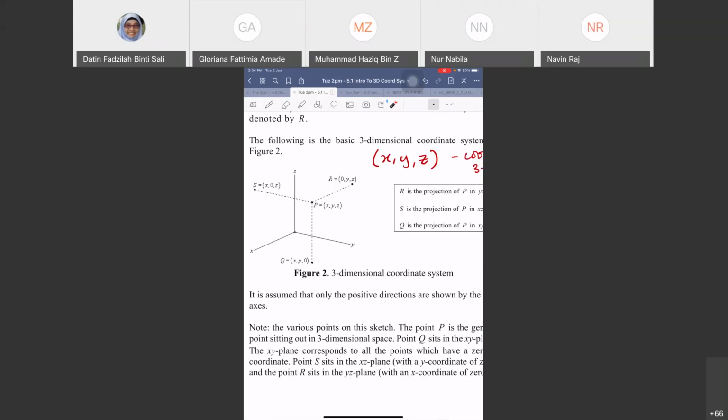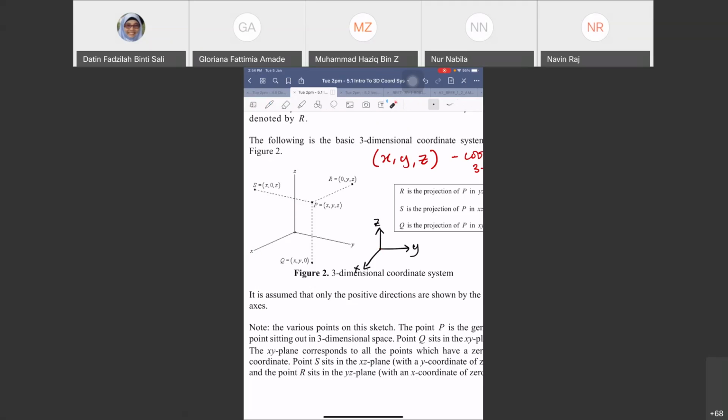The standard labeling for any three-dimensional coordinate system: normally we will denote this axis as the x-axis. This one is the y-axis, and this one going up is z. Sometimes I will just draw it like that. So, x, y, and z. And when we draw our three-dimensional coordinate system, we just represent